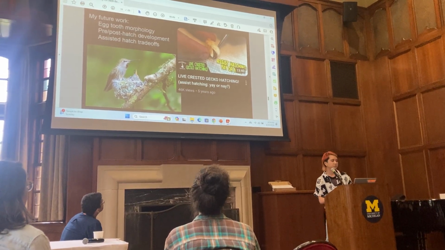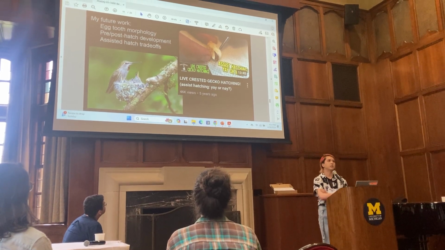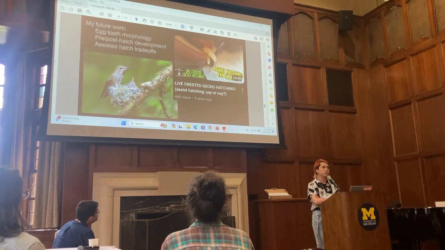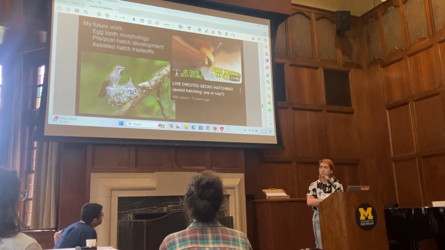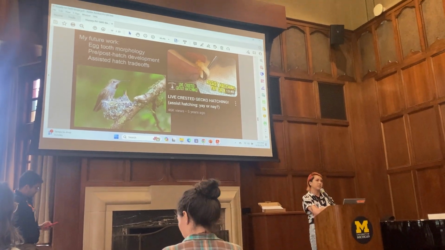I also want to look at pre and post-hatch development, especially as how the shell can constrain the morphology of birds specifically, as far as birds with very strange and bizarre bills. I've got a hummingbird up there because they have long bills. And it turns out it's because the bills generally grow